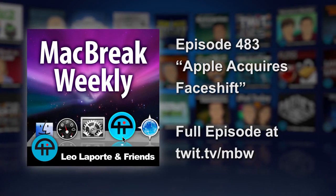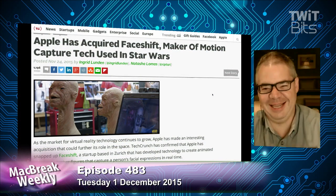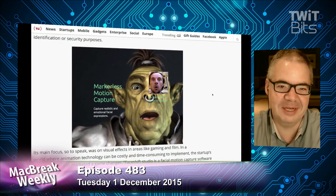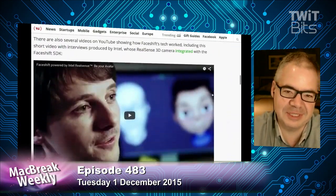Apple has bought the maker of the motion capture technology used in Star Wars, Faceshift. It's a good headline. Okay. I'm sure it's a little insulting to the animators, to say that Faceshift is. I'm sure that Faceshift was used on some shots in Star Wars, but yeah, we just have to remember that